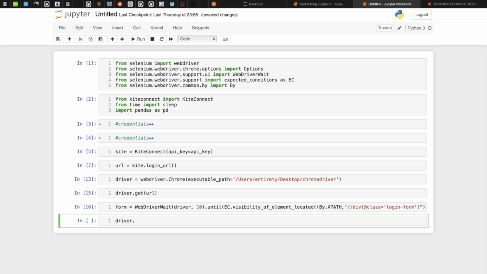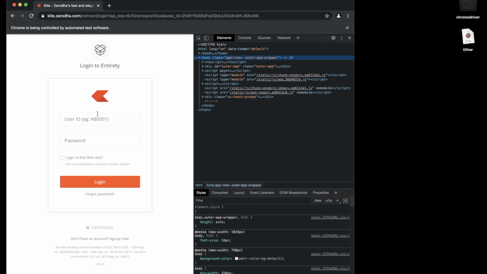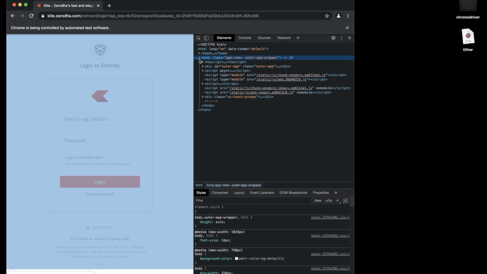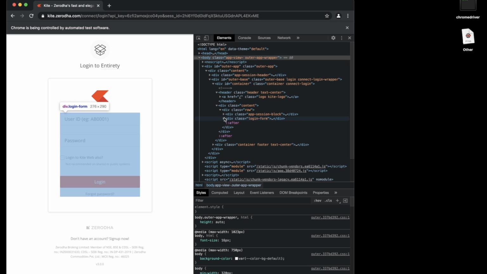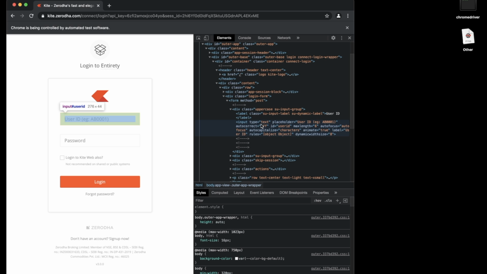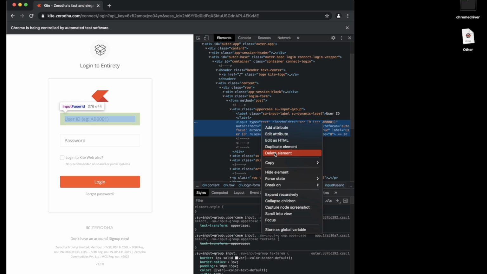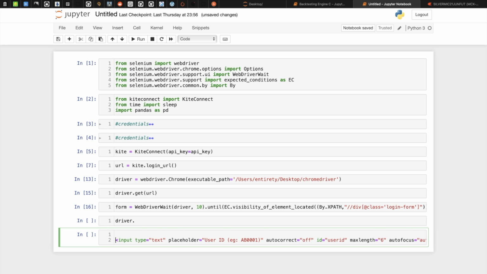Let's search for the XPath of this user ID. Let's inspect the user ID we want. So we have just located the user ID. We'll copy the element and search the same way we did for the form part.